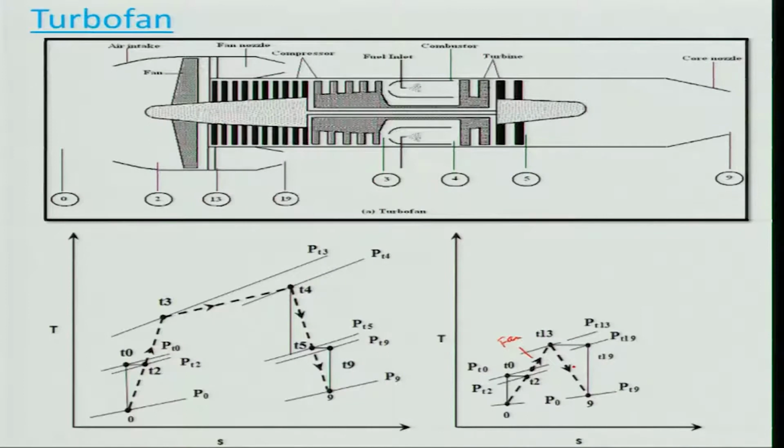the 9. So, the total thrust will consist of two thrusts, one is the primary stream thrust, the other is the secondary stream thrust, right. So, the total thrust will basically be m dot c into V 9 minus V naught. Keep in mind that this is your primary thrust contributed due to momentum, and it has a pressure term, that is A 9 into P 9 minus P naught.